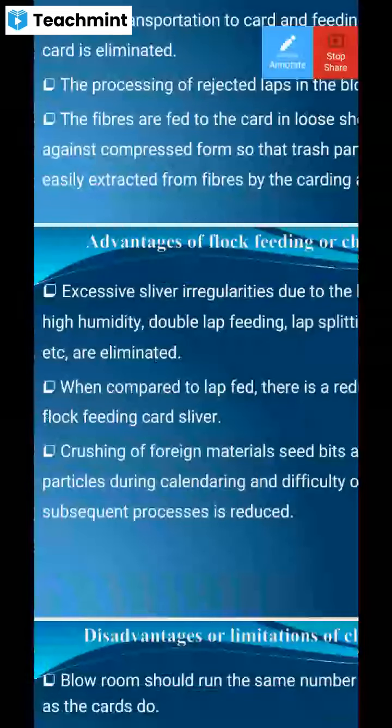How to maintain the humidity? We have a humidification plant system. Suppose the department temperature is raised, we operate the pumps, and the water particles in the pumps we run, as well as the humidification fans are also run. So with both operation of fans and pumps, the water particles are sprayed inside the department. So the water particles absorb the high temperature, so the temperature comes down.